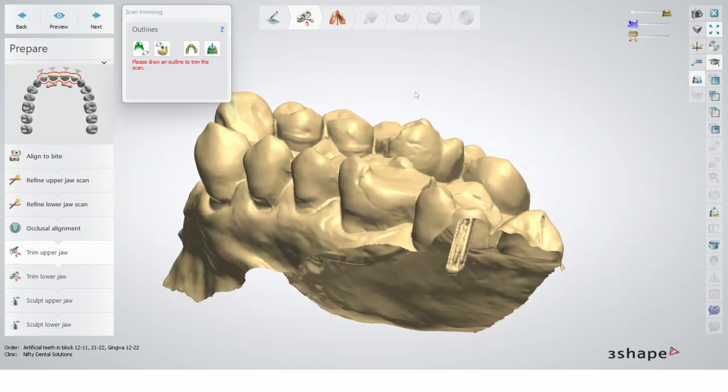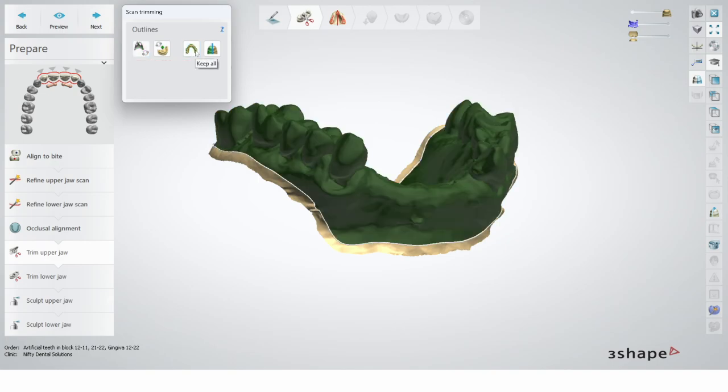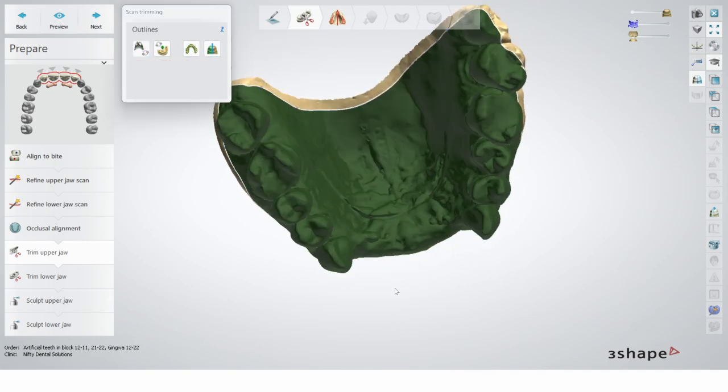When we have our oral scan, we always have to prepare the scan ready to work on, and the software will generate a model from it. So we can do it two ways. We can click dot by dot, or we can select all. The software is going to try now to get as much information as possible.